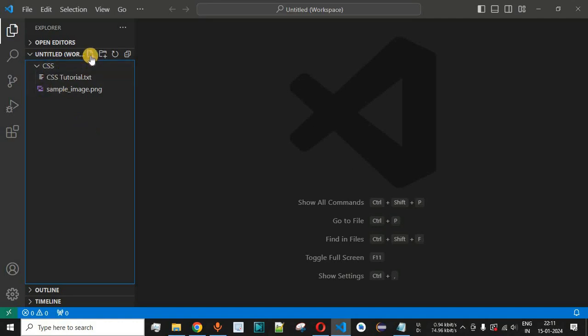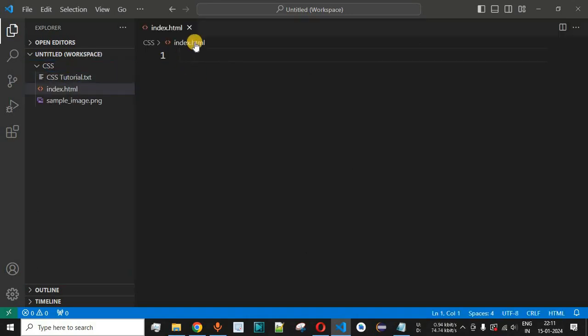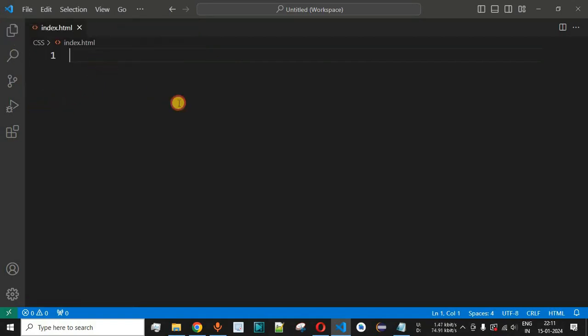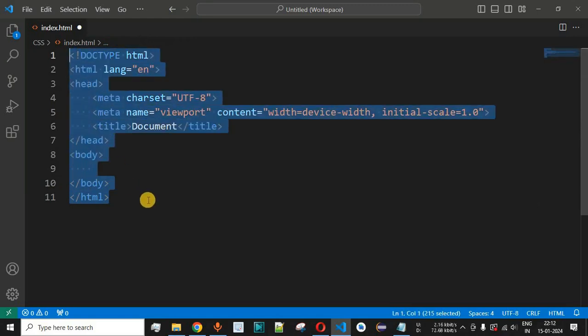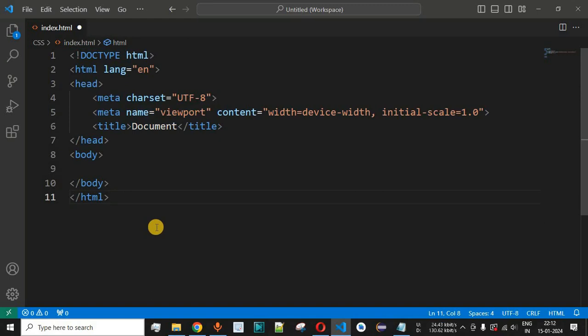Now guys, what we are going to do is we will be creating a new HTML document. So we will click on this new file icon over here, and then simply we will name it as index.html. So guys, basically this is going to be the HTML document that we are going to work with. Now guys, we are going to include the HTML5 code. So over here simply we have to write HTML followed by colon, and then as you can see, this is the Emmet abbreviation, HTML:5. And when we click on this, the default template that we can use is generated for us inside the VS Code. And guys, this is one of the important functionalities that makes VS Code very attractive as far as writing HTML or any other code is concerned.